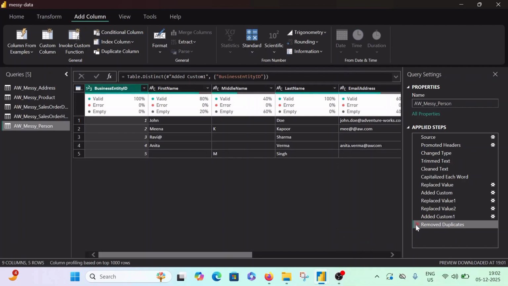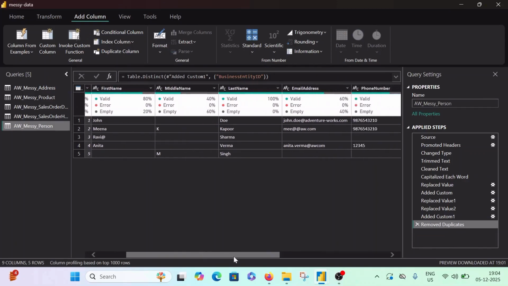Now, one important thing when you remove the duplicates is that always the second duplicate, the second row which is duplicate, will be deleted, not the first row. So if you want to delete the second one and not the first one, there is another method to it which I won't discuss right now. We will take it up in another video.